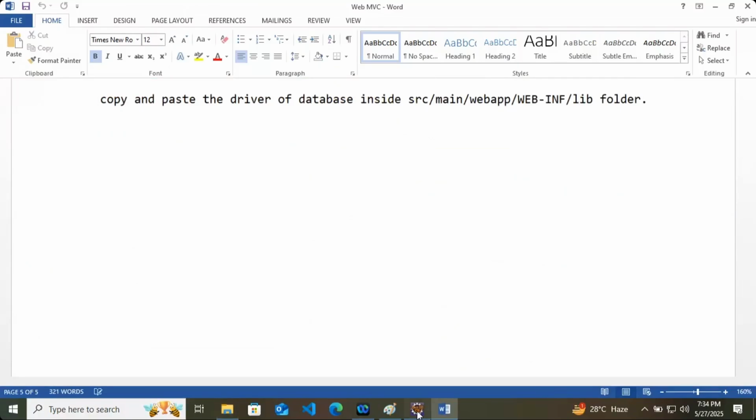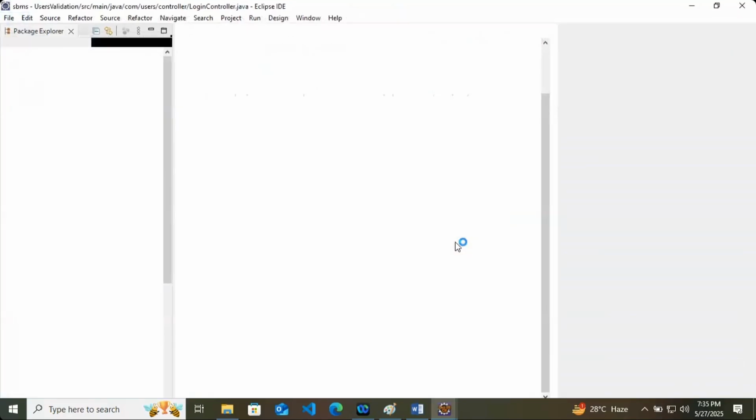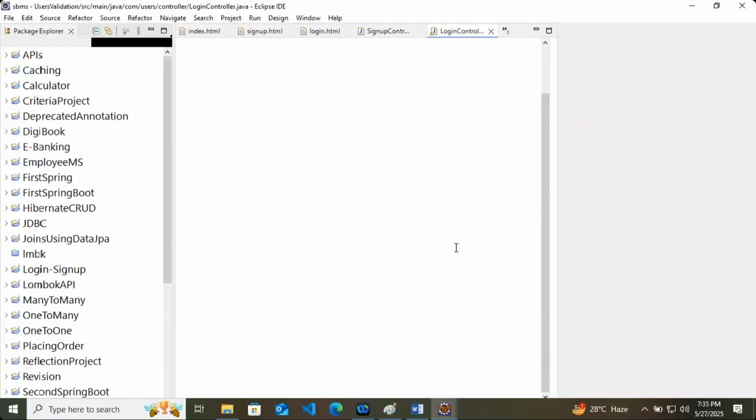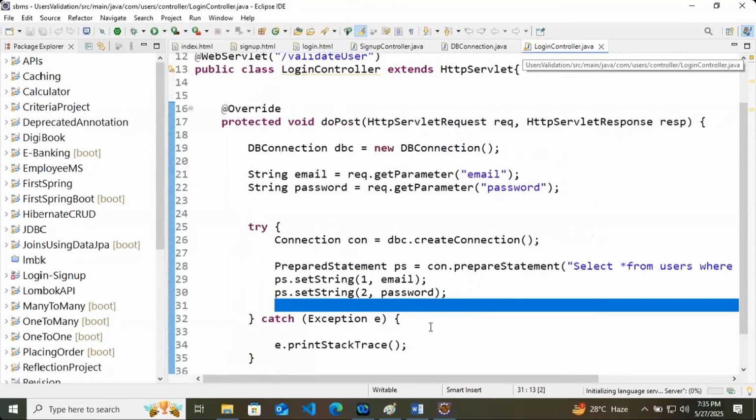So this is what we did yesterday, like the registration part was completed. At first we will start the application and then we will check it.